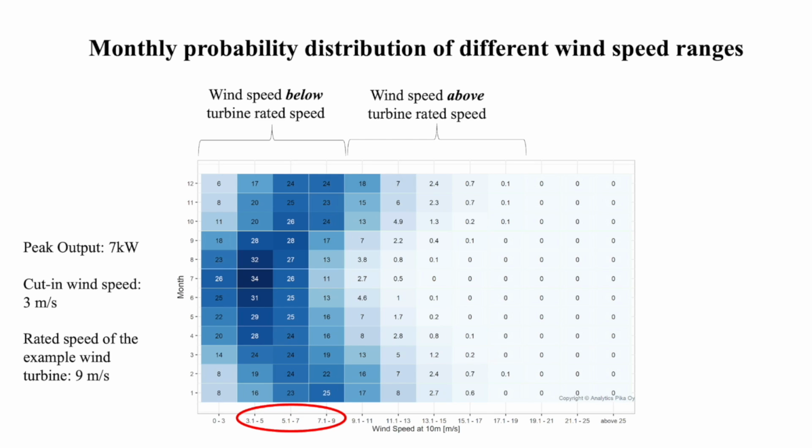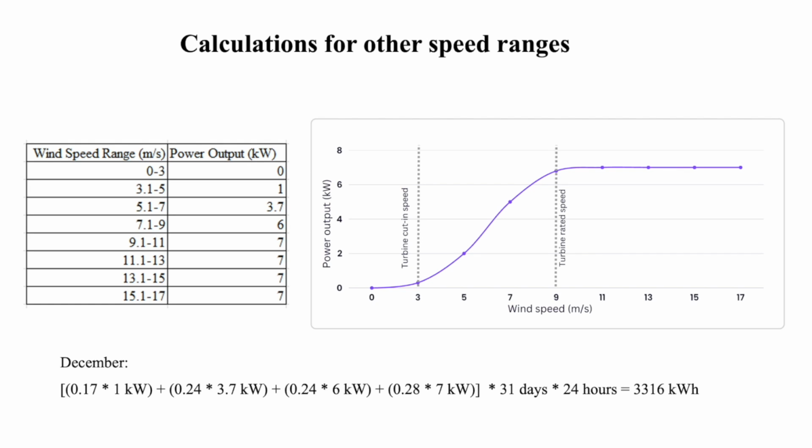Although wind speeds which are less than the rated speed but above the cut-in speed will generate less power, it still will be a significant amount of power. Let's calculate how much electricity is produced in the remaining sections of the curve, where wind speeds are above the cut-in speed but do not reach the rated speed of the turbine. For example, at wind speeds of 3 to 5 meters per second, approximately 1 kilowatt of energy is produced, and